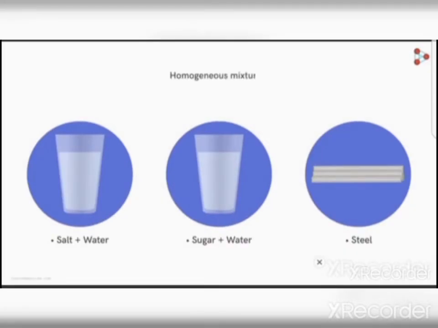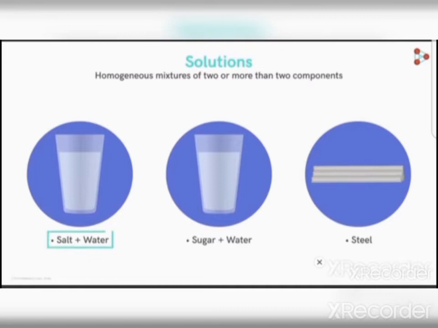These types of homogeneous mixtures are called solutions. That is, a solution is a homogeneous mixture of two or more components. Here is a mixture of salt in water, the mixture of sugar in water and steel. All are solutions. But wait,